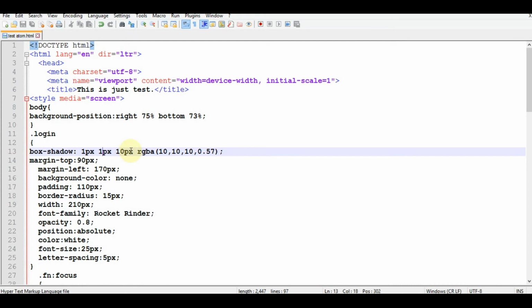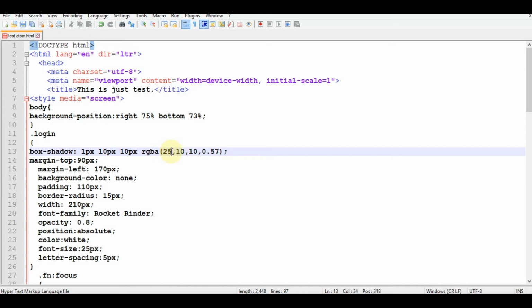So basically these numbers are for moving the shadow, and this one here is for the darkness of the shadow, how blurry or how dark it will be. Then RGBA, this is the color of the shadow. You can put any color for your shadow by applying the RGB values, red, green, blue. You will apply different values and see the changes.